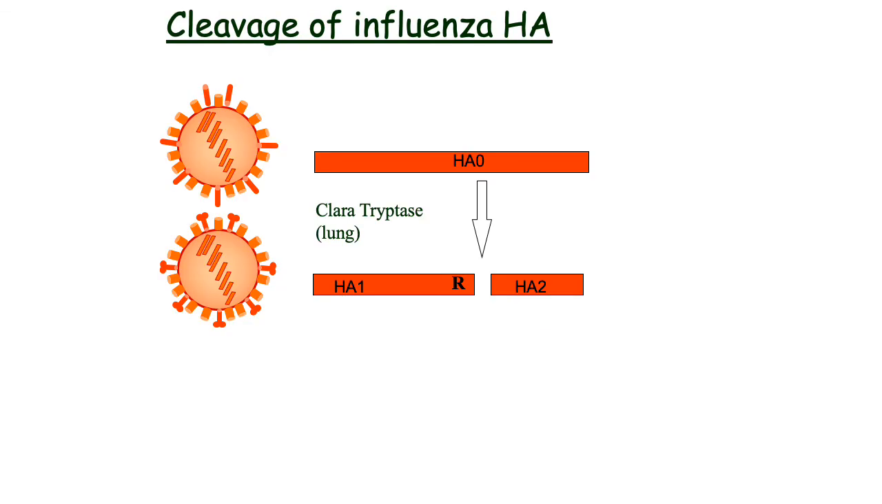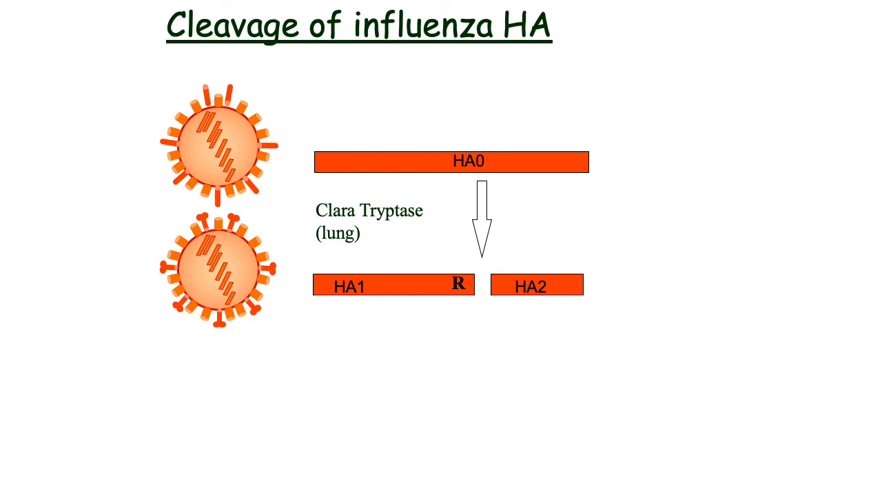All right, coming to the end of this. So let's talk about the hemagglutinin protein. The hemagglutinin protein is going to be cleaved by a protein called claritryptase. This is one of those furin-like enzymes. But the claritryptase, that's the one I want you to remember, and it's going to cut it into two parts,